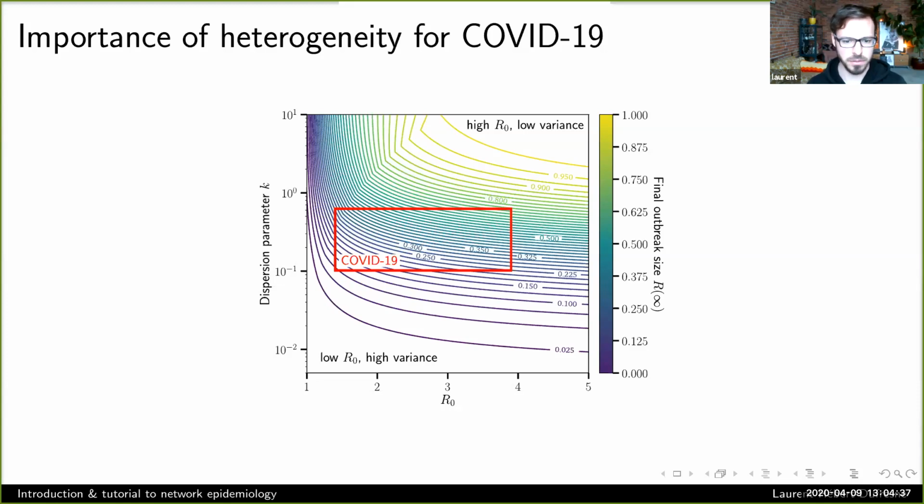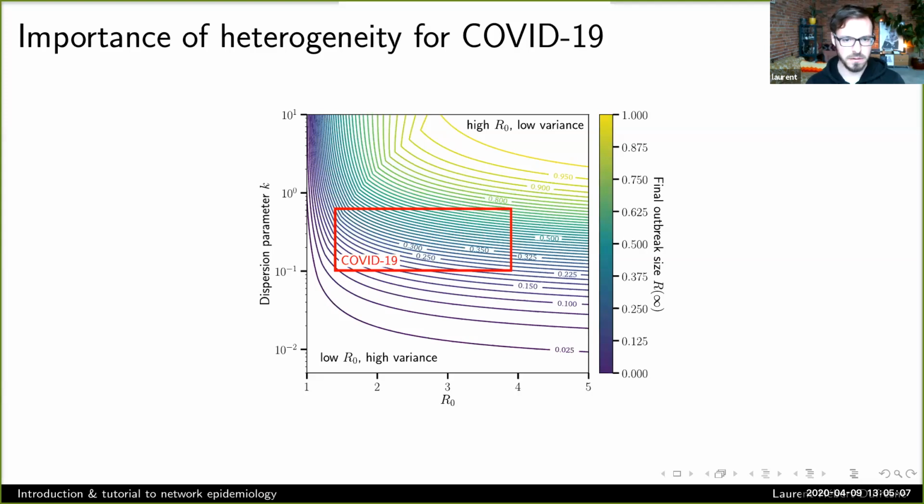Here what I'm plotting is a contour plot. It's like a heat map, but I like these better because I get to show the number. I'm not good at comparing colors. It's a heat map of the R infinity, so the final outbreak size, or the probability of COVID getting out of hand based on these early data, as I vary R naught on the x-axis and this dispersion parameter, or the variance, on the y-axis. Back then in January, our estimate was that there was between a 10 and 50% chance of things getting out of hand with COVID.